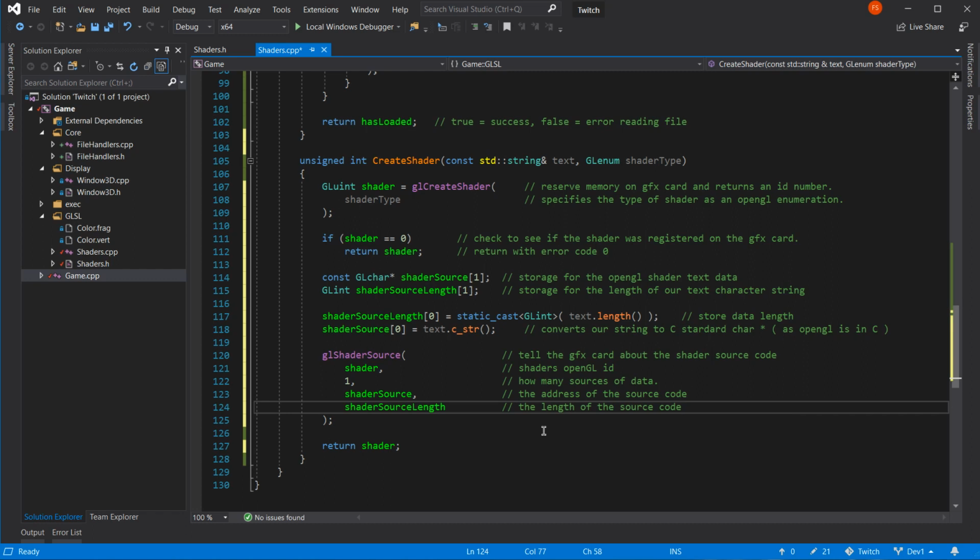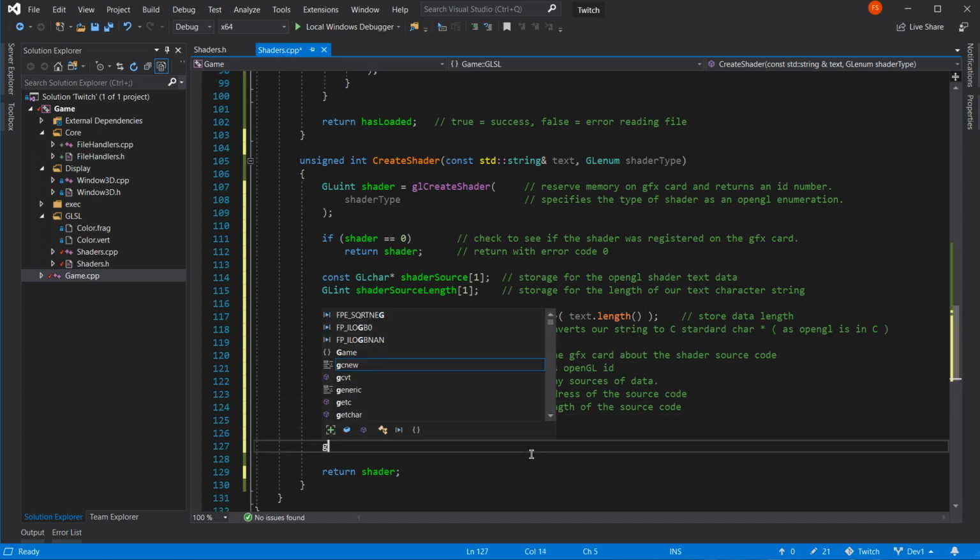It knows the ID, in other words, the reserved memory to use. It knows how many data sources there are. There's just one. The address of the source, there it is, and the length of the source code. So I've given it all of the information it could ever hope for. Shall we see if it works?